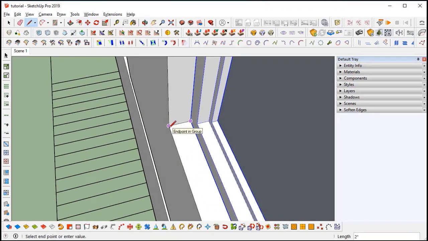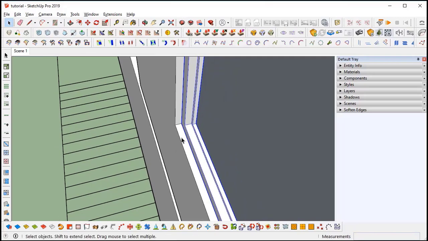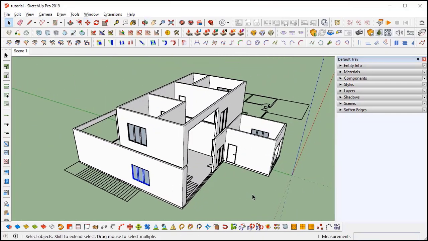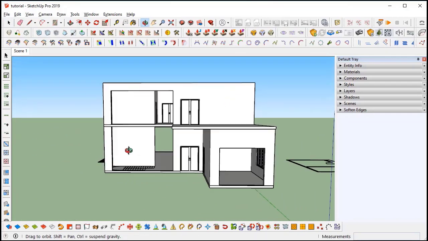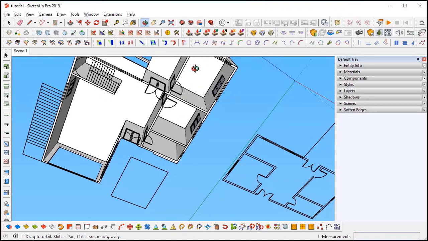Just move it out. Why? Because it's 2 inches, so 1 inch. I will unhide the slab and check. I think everything is good.